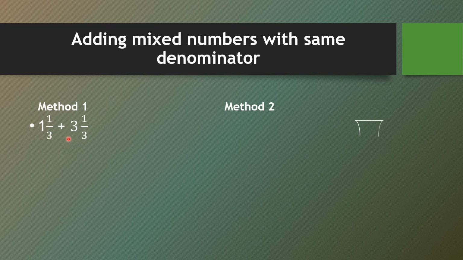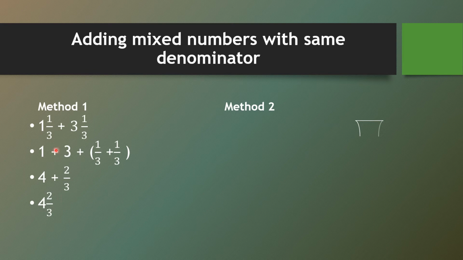So 1 plus 3, these are the whole numbers, plus fractions 1 by 3 plus 1 by 3. 1 plus 3 equals to 4, plus we can add these fractions with same denominator very easily just by adding numerators. 1 plus 1 equals to 2 and denominator will be same, 3. 4 plus 2 by 3. Now here are whole number and fractions. Two type of things are here. So here we can write this as a mixed number 4 and 2 by 3 very easily.